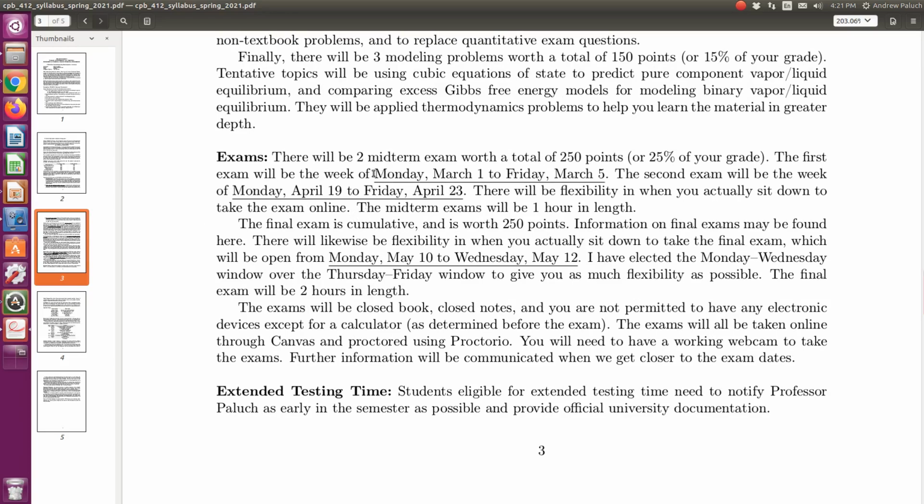So it's online and synchronous. The 2 midterm exams, I have the 2 weeks' dates scheduled for the exams, and they're going to be such that you'll have an entire week to take them. What that means is the midterm exams are each planned to be an hour in length. But when you sit down for that hour to take the exam is up to you. If you want to take it Monday at 12 noon, you can take it Monday at 12 noon. If you want to take it Friday at 5 p.m., you can take it Friday at 5 p.m. So the exam itself will be an hour, but I'll give you a window of a week to take it.